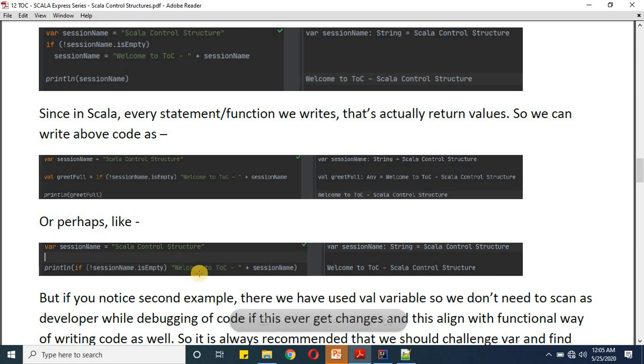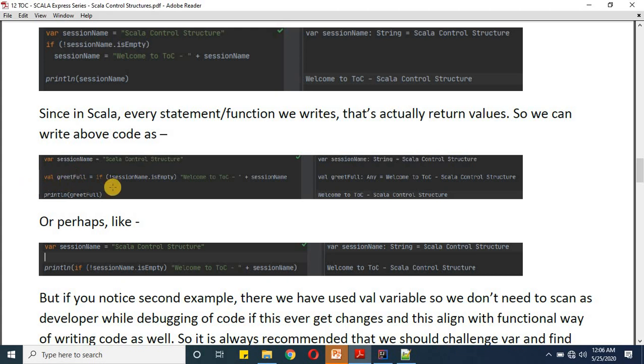This was probably the shortest example I could give you here, but in actual coding, you need to understand the difference between var and val, which we have discussed earlier also. So here, if you see, there is one important change we were doing. We were declaring this variable as val, so that means immutable. You can think maybe you are making some code changes and your existing code size is almost 100 MB of files. In that case, if you write your variable as var and perform this logic more than one time, then you should probably go ahead with this second implementation.